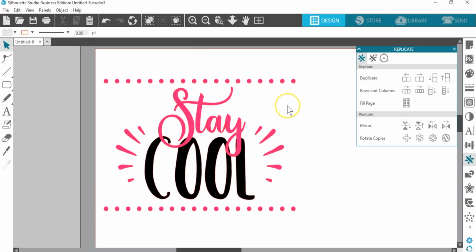So now I want to use another great design tool to make a cutout for this upper word to cut into and just sit in the middle of the black word. And so I'm going to go to my offset panel.